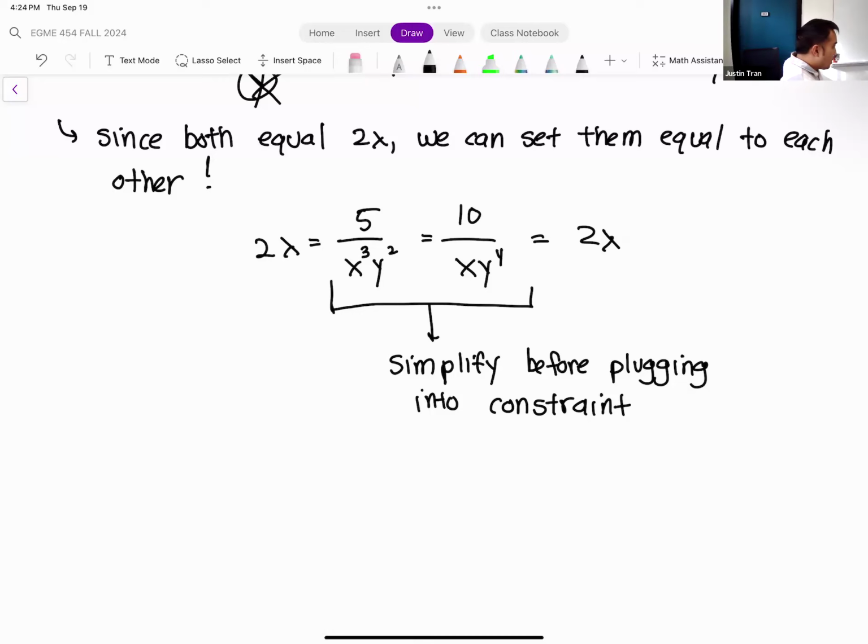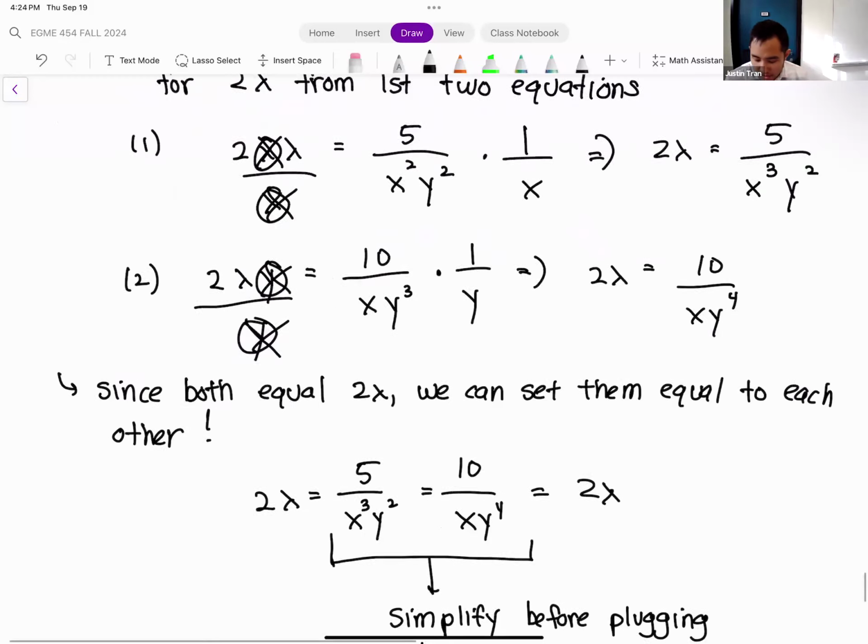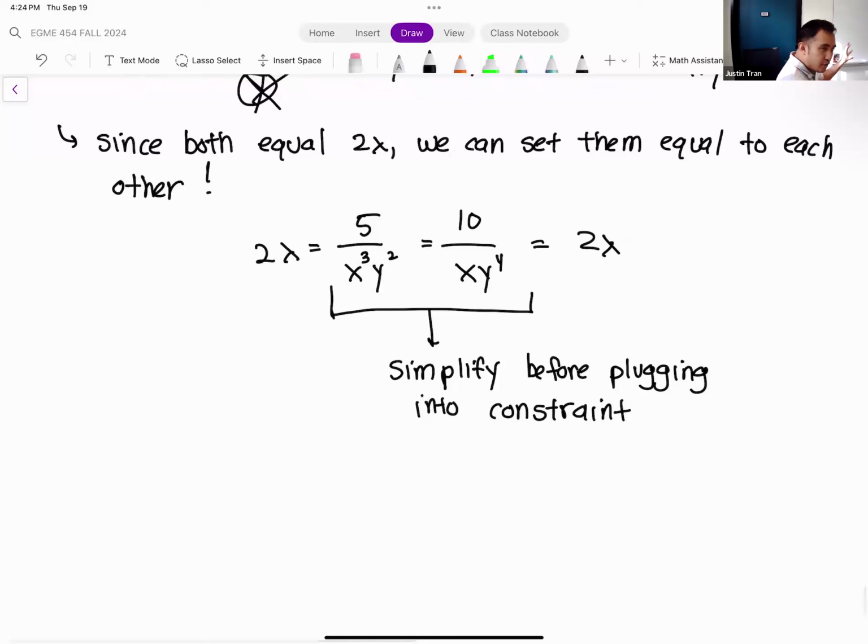All right, everything that I did up here with setting it equal to 2 lambda, that's just kind of algebraic strategy, I guess that's what I like to call it. So if you solve equations differently, that's fine too. Okay. But for me personally, when I see things in fractions like this, I don't like fractions,